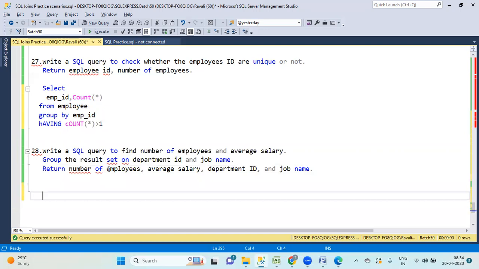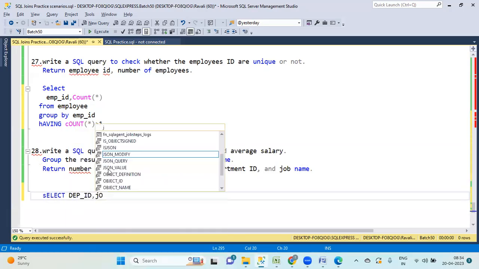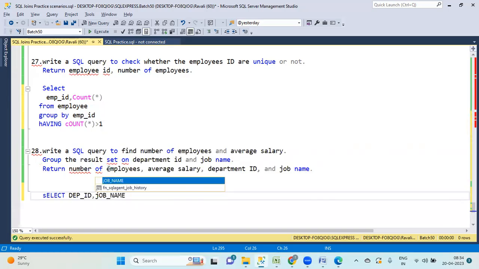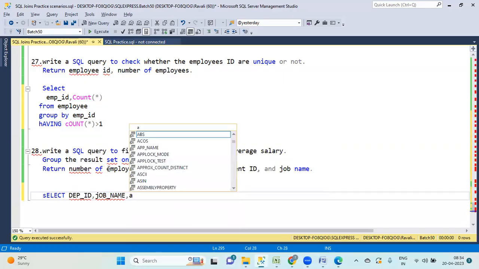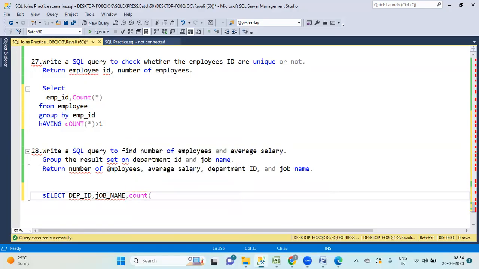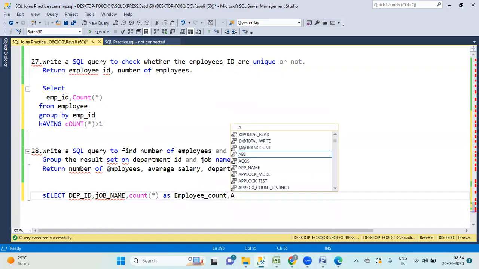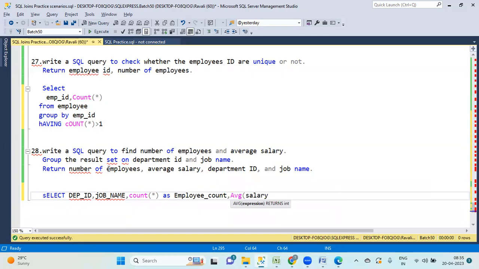Write a SQL query to find the number of employees and average salary, grouping the results by department ID and job name. This we already did. Select DEP ID, job name, count of star as employee count, AVG of salary as average salary from employee